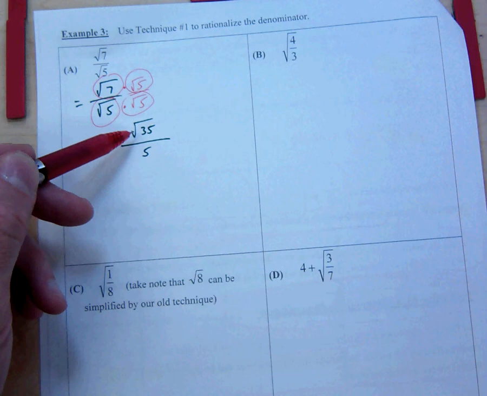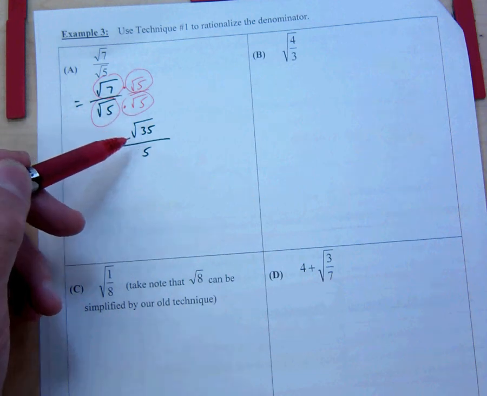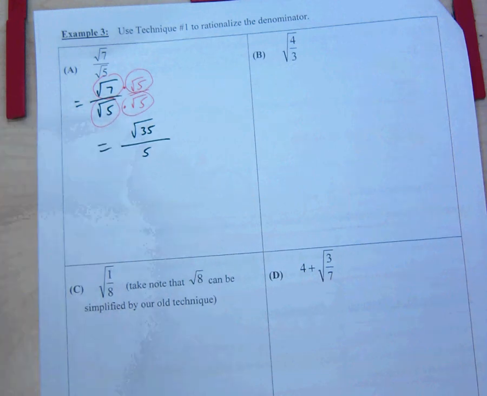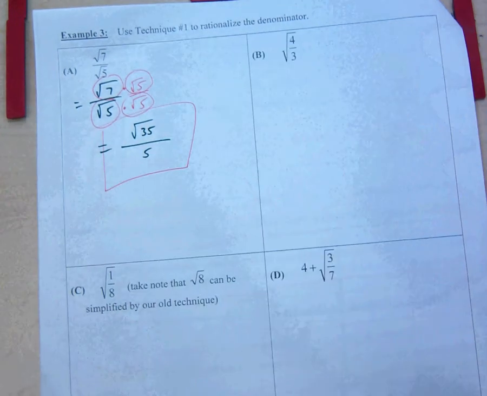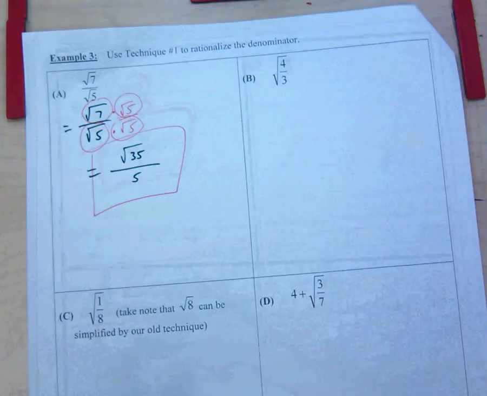Yeah, the 35 is tied up inside of a square root. You can't touch it, can you? Do you agree there's nothing else you can do here and this is the answer? Do you agree with that? Okay, box it in. All right, now, the next one